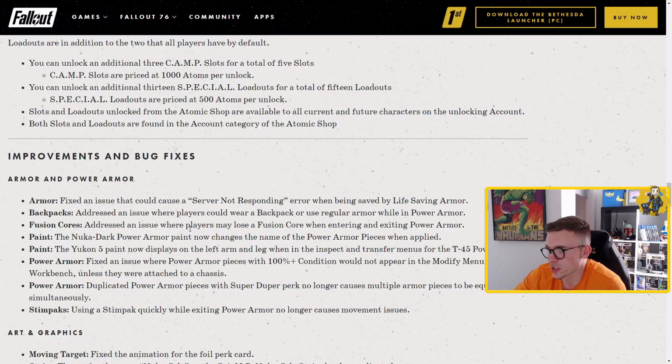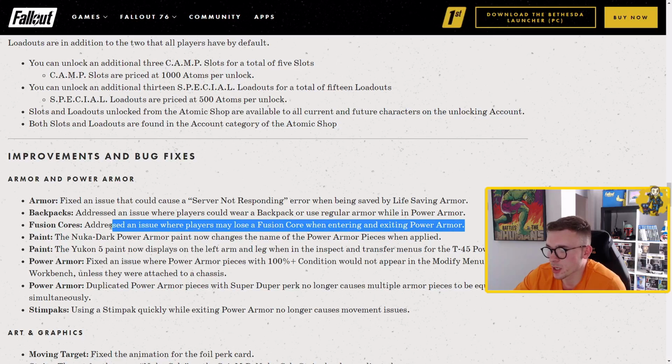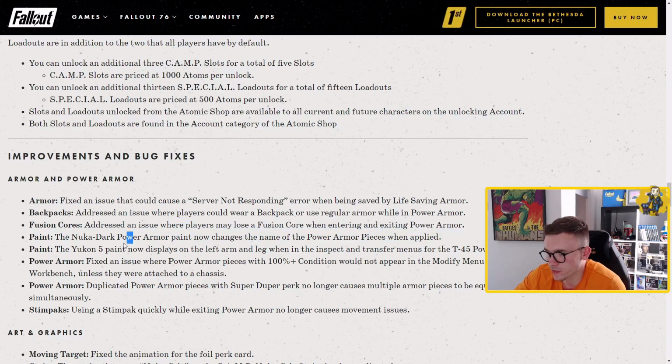Fusion cores address an issue where players may lose a fusion core when entering and exiting power armor. I did hear complaints about that, so good job that's fixed. The Nuka Dark Power Armor paint now changes the name of the power armor pieces when applied. Lovely. The Yukon 5 paint now displays on the left arm and leg when in the inspect and transfer menus